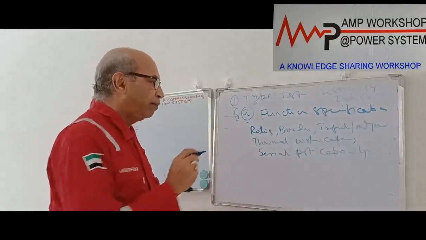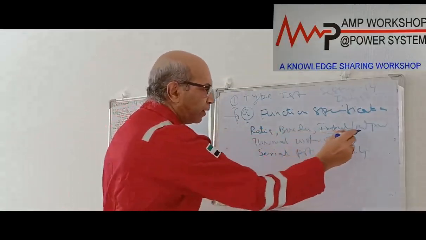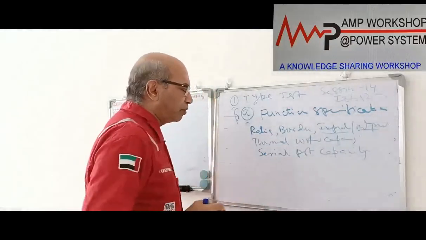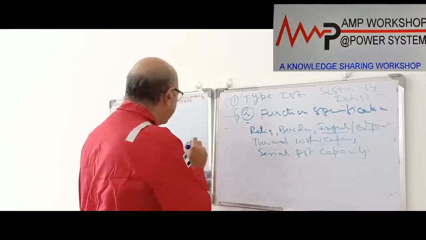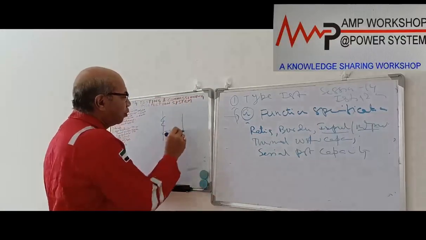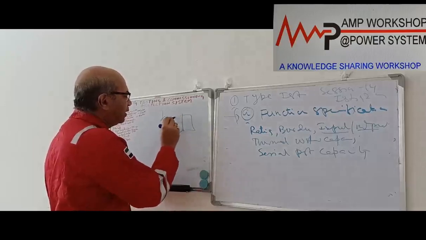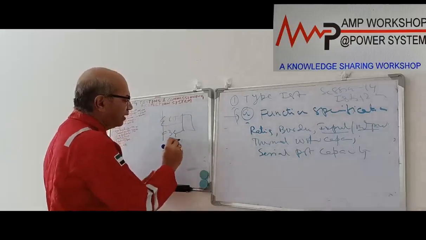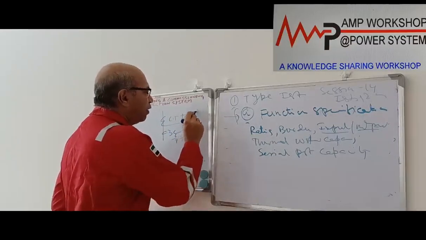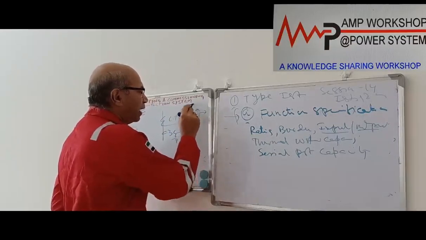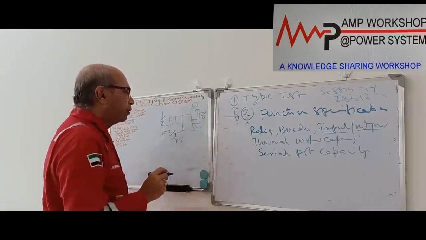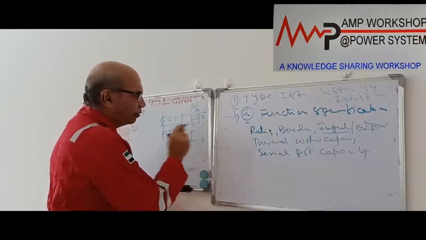In the case of input output check, in the case of a relay protection device, the input device is a CT. We consider this is your protection device. The input devices are CT and PT. These are two input devices. Output devices are all the contacts going from here to various locations, like the switchgear or DC. These are all output. Okay. If there is a serial port, that is also output.